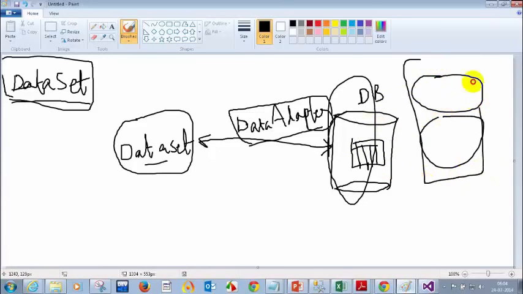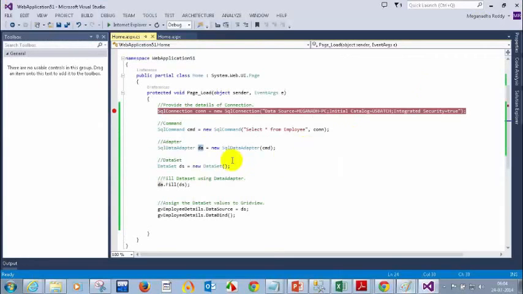These two values we are giving to the adapter. How are we giving them? SQL data adapter DA is equal to new data adapter, and in brackets we give the command. This command has both the query as well as the connection details. So we told that to the adapter, and we created a variable dataset for holding table values. After that, as I told,